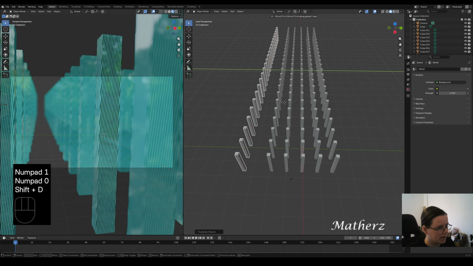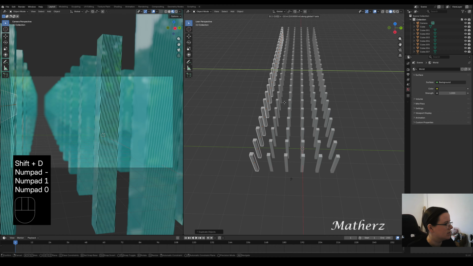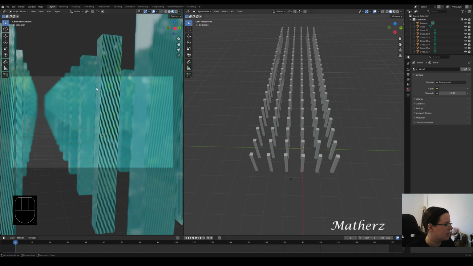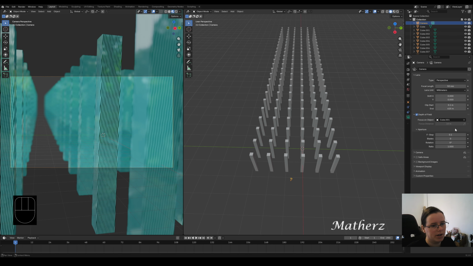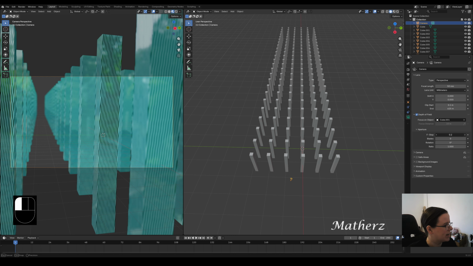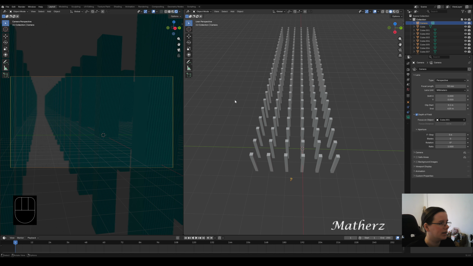And then Shift E again, -10. So now we kind of have this background filled in, we can see some of the foreground, and we can see generally what's going on. Now we can mess around with the f-stop a little bit and just kind of pull some of this stuff into focus. What I'm going to do is, because right now we don't have a light,